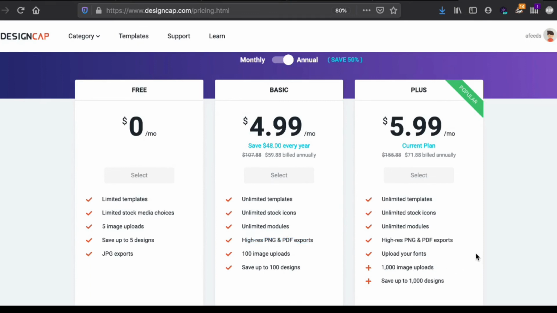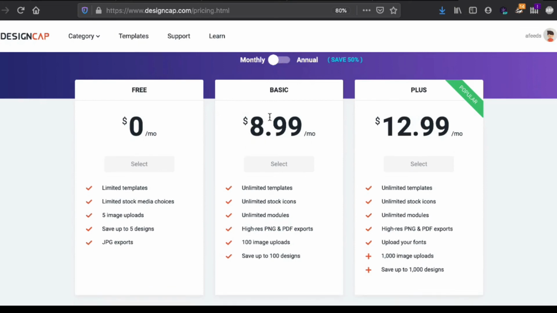So not too bad. What happens when you pay annually? $9 and $13 a month. That's a bit of a